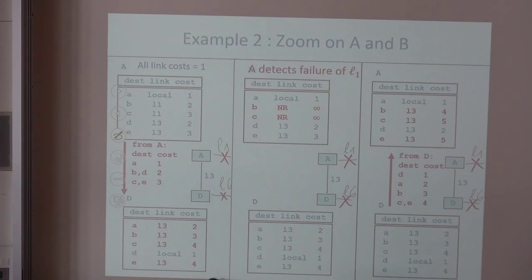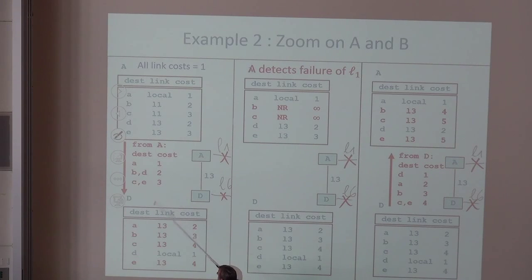And now let's see how the algorithm continues. So here I'm zooming on the left of the network on what happens between A and D. Assume that A has not yet detected the failure, perhaps because the failure at A will be detected by absence of an update. Then A does its job normally and sends to D its routing table with the distance to C